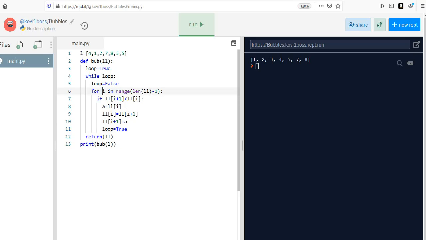This is the loop, like there's a certain number. Since this is minus 1, it is 6, for example. So 6 plus 1 is just 7. If 7 is lower than 8, for example, over there,